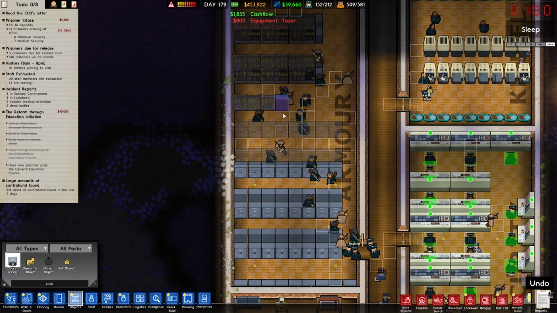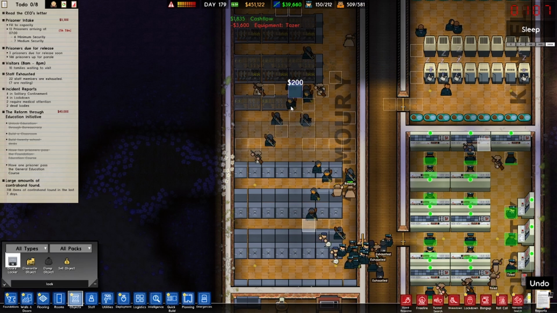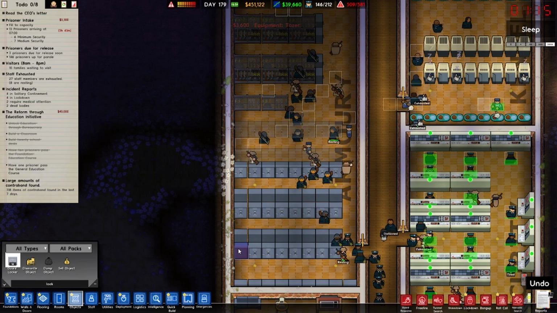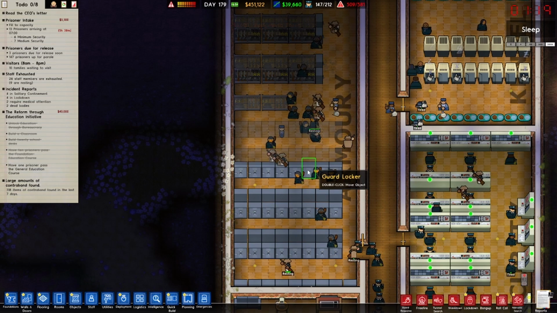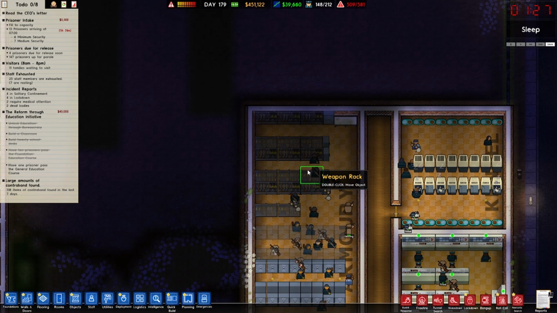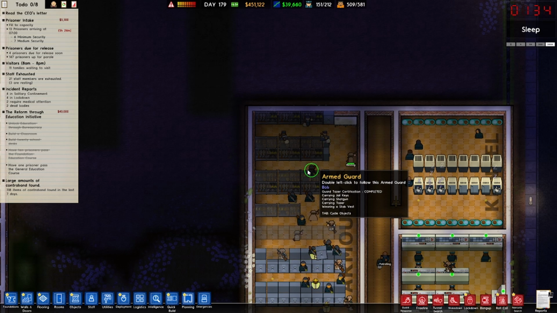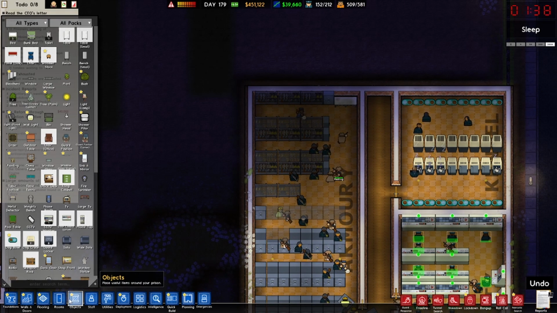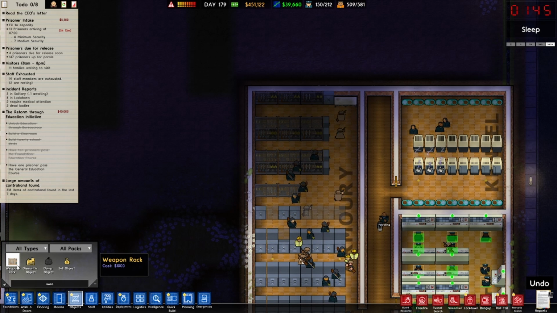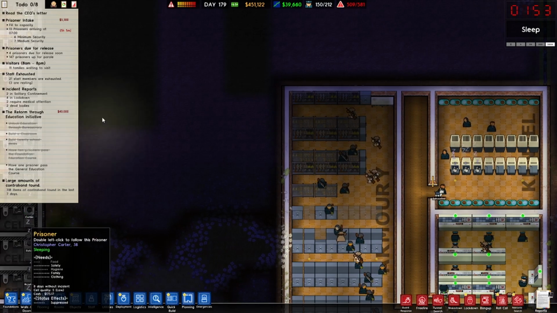I don't really have the option here to put guard lockers right there, but I'm going to have to manage somehow. But that should allow me to hire more armed guards, which will be incredibly beneficial. Do you even need weapon racks that much? How many weapon racks do you actually need? Weapon rack. No description. Perfect. Right, so